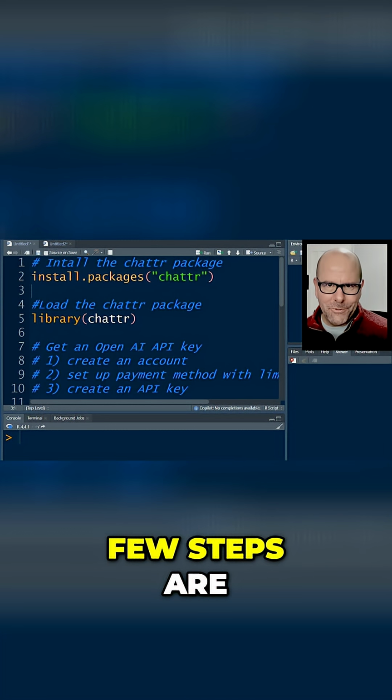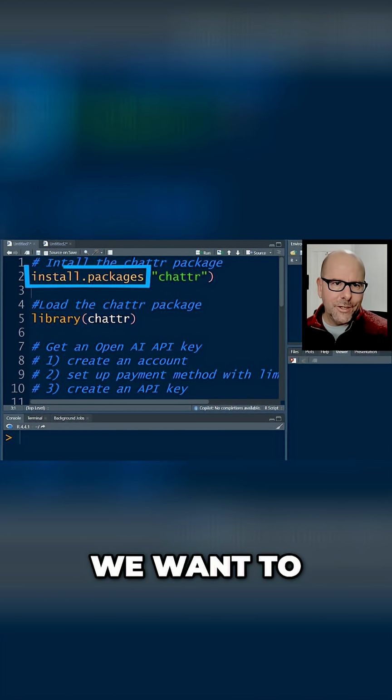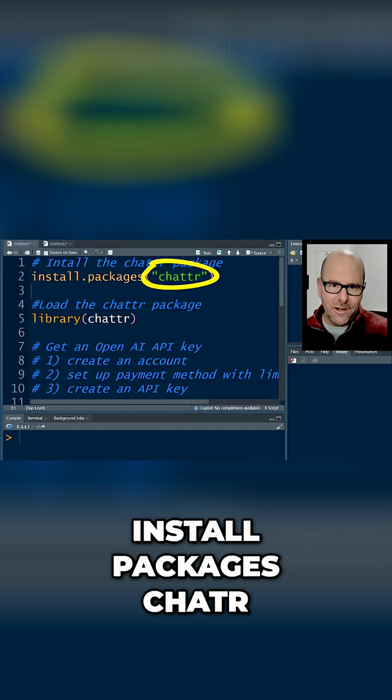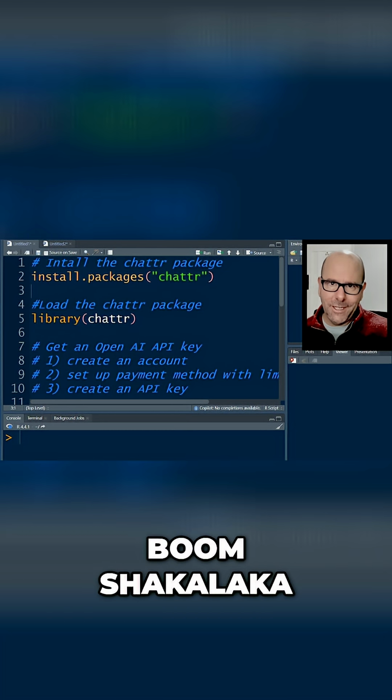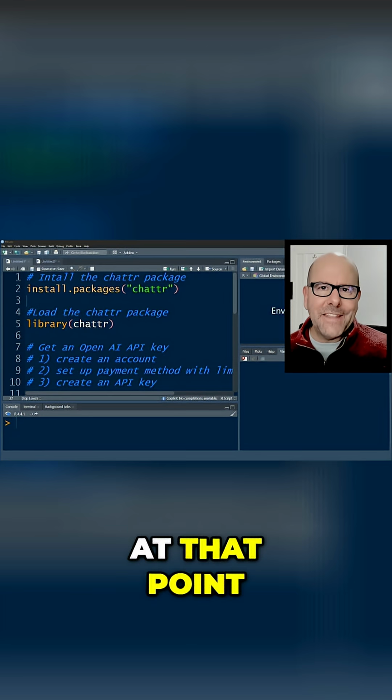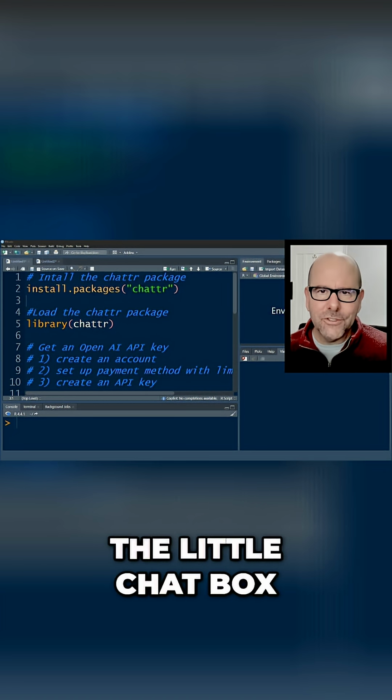Right, so the first few steps are pretty straightforward and self-explanatory. We want to install packages ChatR. So that's ChatR. You install the package, library, ChatR, boom shakalaka, it's now on your computer. At that point, you still don't have access to the little chat box that I showed a few